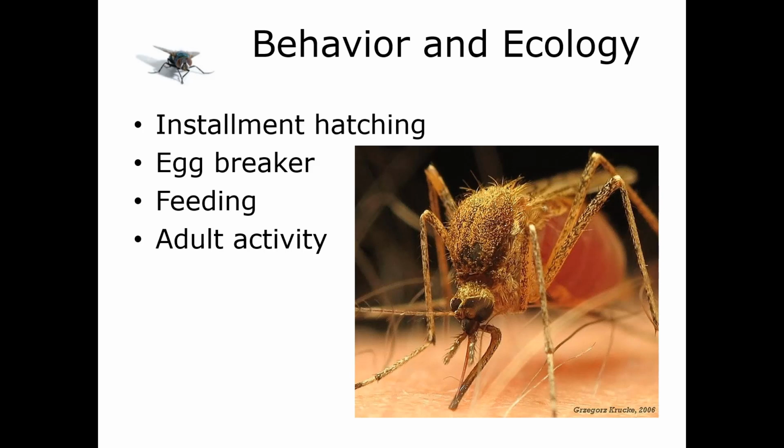Usually, the adults will have 1 or 2 flight periods that occur each 24 hours. And the adults are characterized as being diurnal, so during the day, nocturnal, so during the night, or they only fly at dawn and dusk. So during these periods, both the sexes are going to take flight. Both the males and the females are going to go out flying. They're going to search for mates. They're going to search for food.